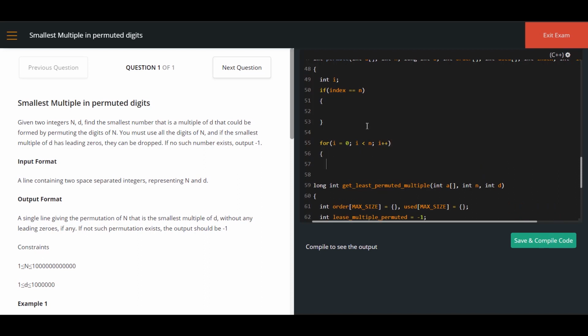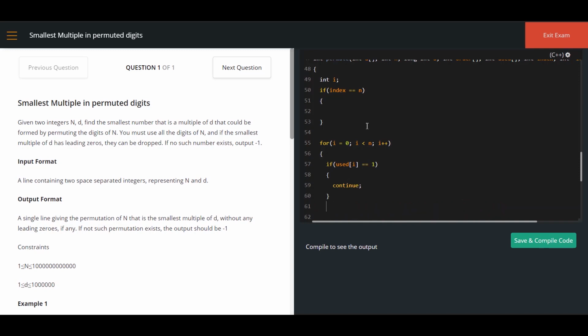Here, first I am going to check whether I have used the first value in the array or not. For that I am going to give a condition: if used of I is equal to 1, which means that I have used the first element in the given array, then I have to continue the loop.